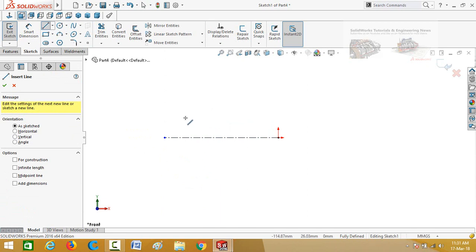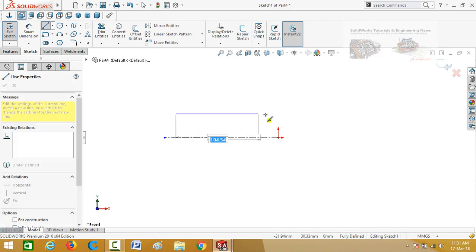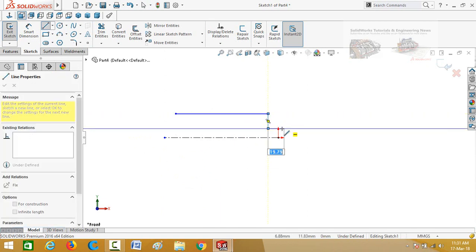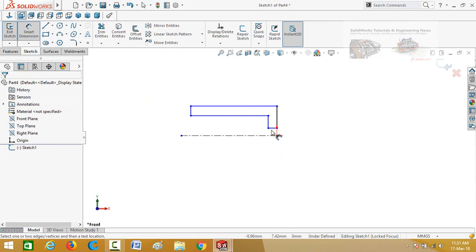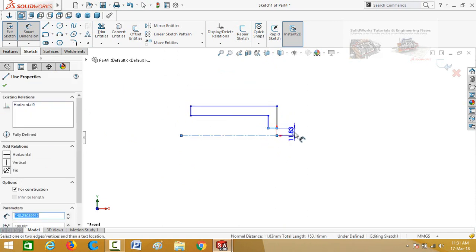Now select line and draw it like this. Now define the diameter. This is the radius. If you drag your mouse below this center line, it will become diameter.